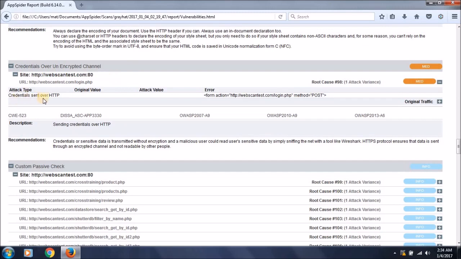So these are credentials sent over HTTP, not HTTPS, and there is a CWE number where you can find more information about it. And this is also the